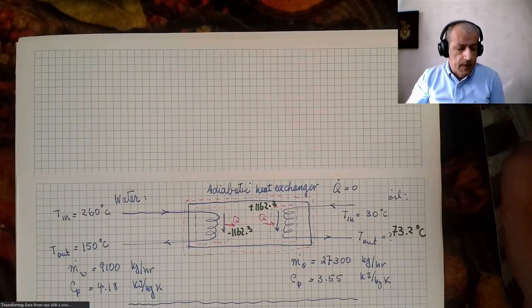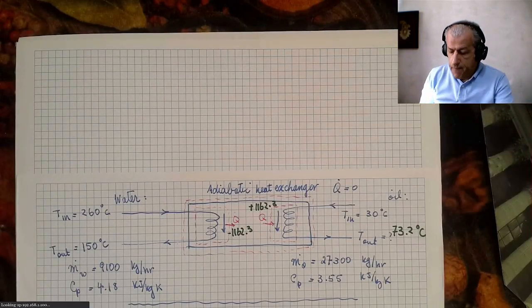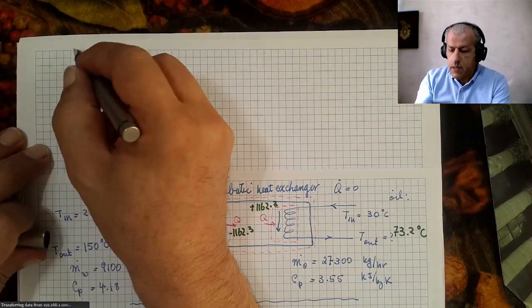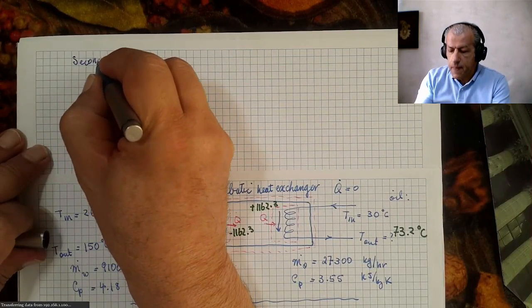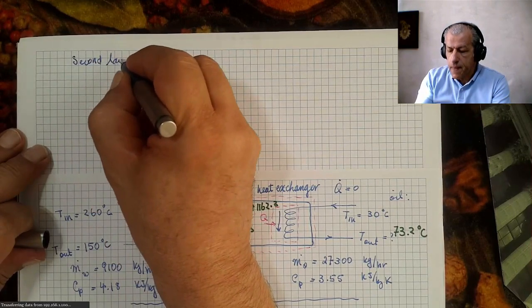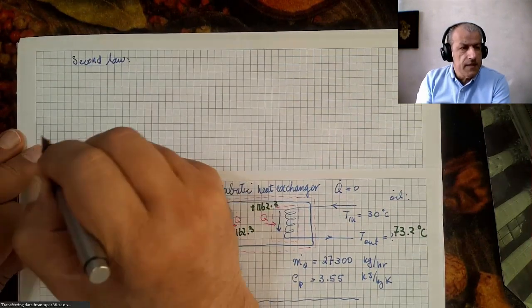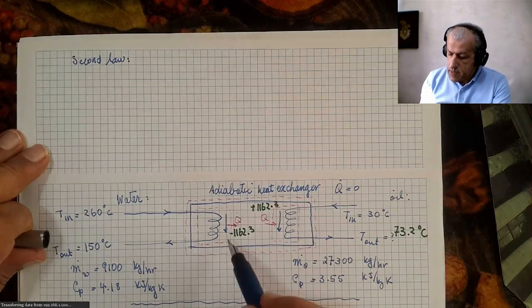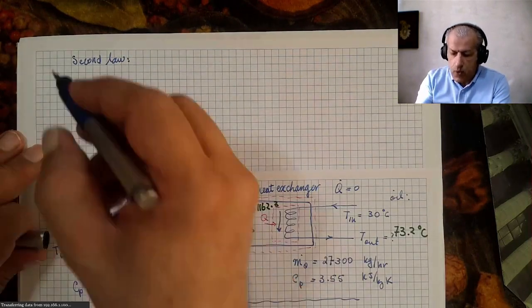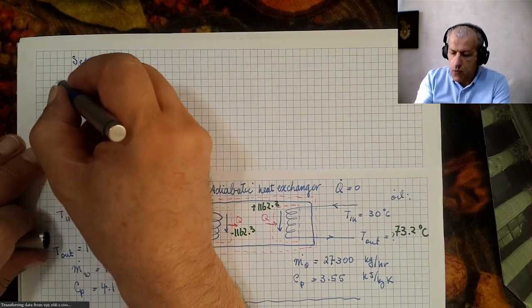Now we want to write the second law. The second law for the water side, which is this one, for the water flow,